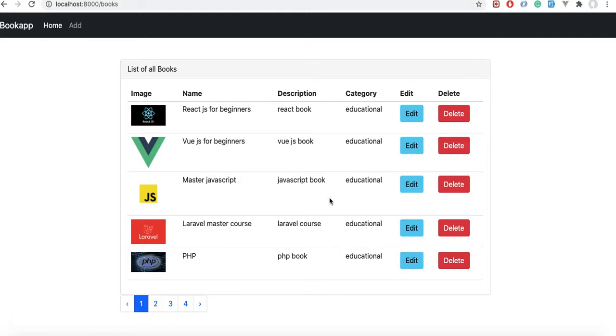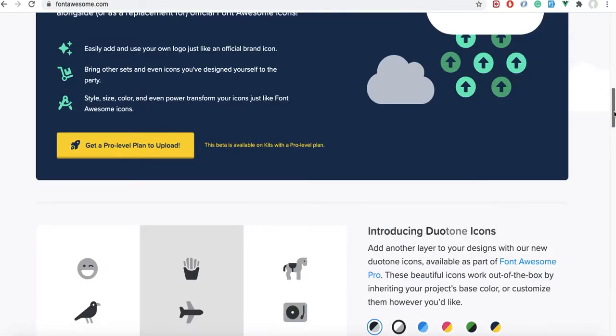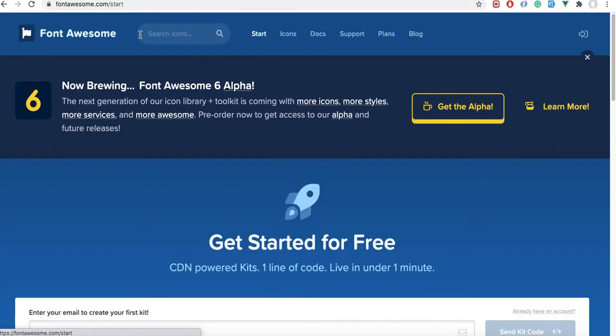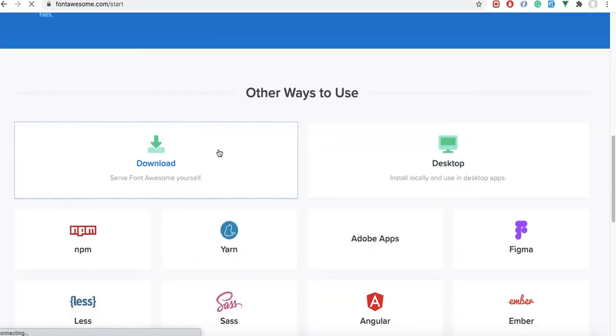This is the last video in this section, and in this section we are going to use the icon here. Instead of edit and delete, we'll use the font icon. So I'm here on the Font Awesome website, and the first thing we have to do is go to the start here, and here we have the option. I'll go for the download,